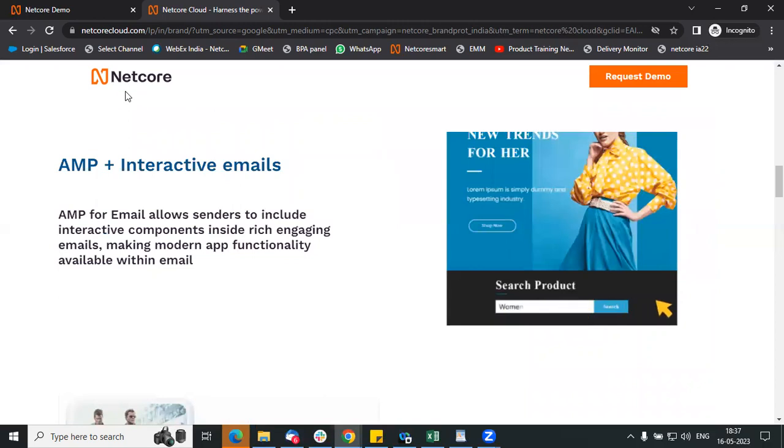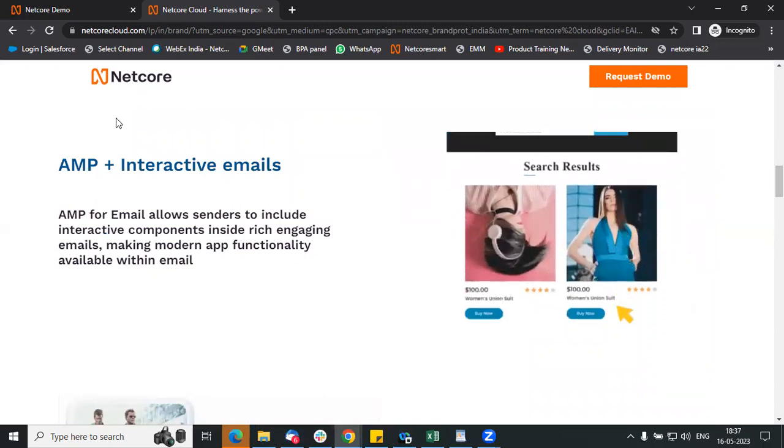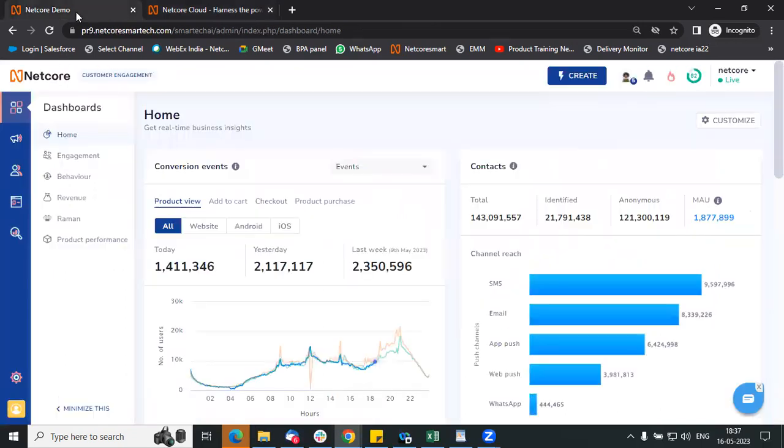At Netcore, we try to put everything under one single umbrella, so that you get a seamless experience across all the channels. And that is why we have this Netcore Smart Tech, Netcore Customer Engagement Platform in front of you. Earlier, it was known as Smart Tech. Now it's better known as Customer Engagement Platform. So we do have this